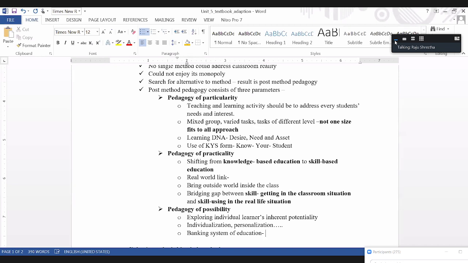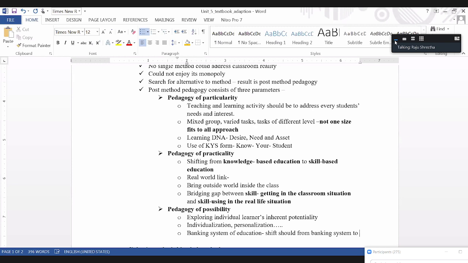So students' minds are bank accounts, and teacher is what, depositor. Teacher deposits his or her knowledge in students' mind as true knowledge. Then we expect what, innovation and creativity, and then their negotiation skills, leadership skills, these different things, soft skills we expect. So now the shift should be from what? Shift should be from banking system to